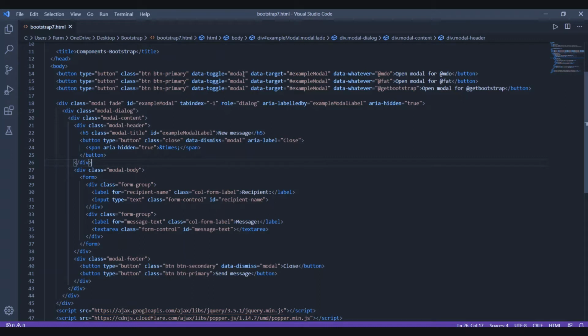Then we give this the value modal, and then data-target, which is example modal. Here we are creating the modal, and to that we have given the id exampleModal. The data-whatever here is given the value @mdo, so open modal for @mdo.